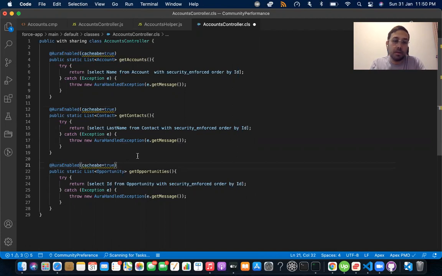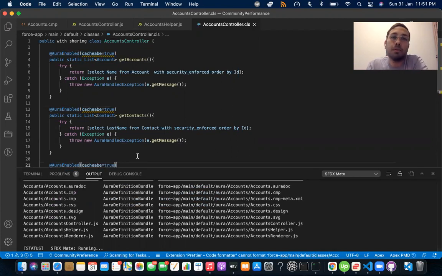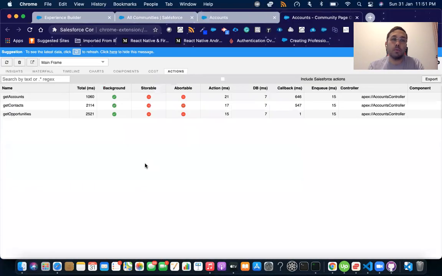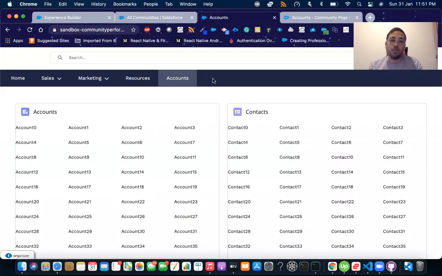Basically it caches your responses for a certain amount of time, and if you're reloading again within the same time that the cache is still there, it won't really call the server side method. It would rather retrieve it from the cache. So this is another benefit on top of improving the performance. So now if I try to retrieve it,